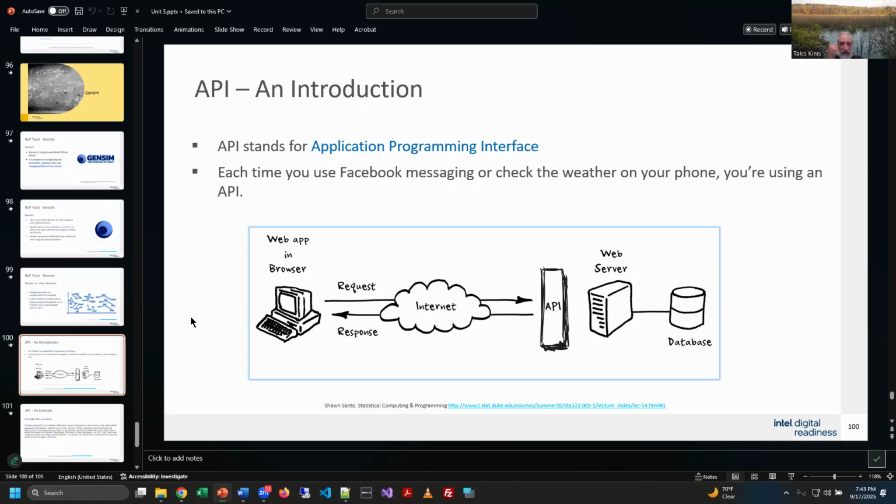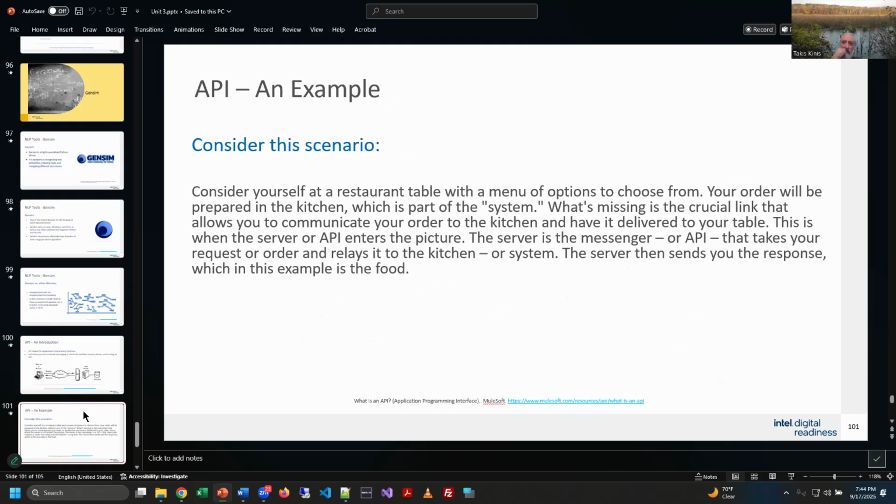All right, so here's the definition of API, and they give you a little example. Every time you use Facebook messaging or check the weather on your phone, you're using an API. In other words, you're not necessarily writing the program, you're just triggering aspects of programming code specific to your needs, right? All you need to know is to either have the right tool on a high level, like pressing a button, or write the right code to trigger it to happen. You don't have to engineer the code underneath. And a lot of programming is done in this scenario.